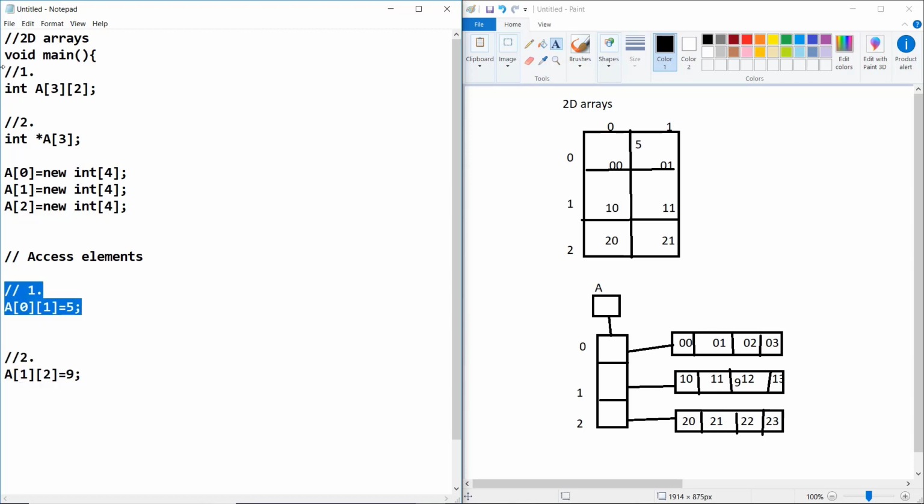We can assign it differently too. This is the static implementation, and this is the dynamic implementation.